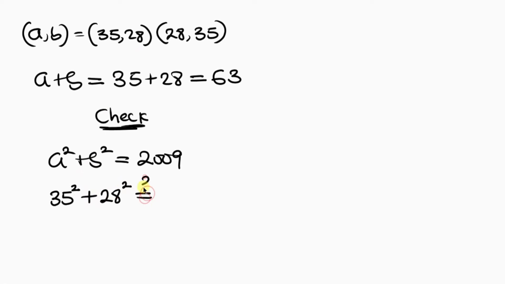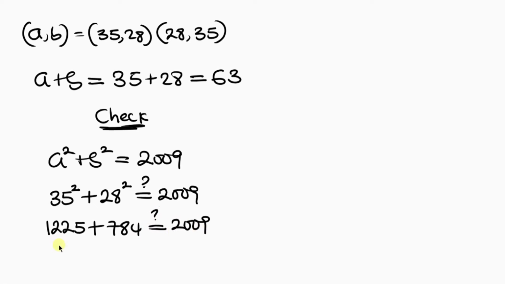Will this be 2009? So let's see. 35 squared is 1225, plus 28 squared is 784. So will this be 2009? Let's try that out. So we have 1225 plus